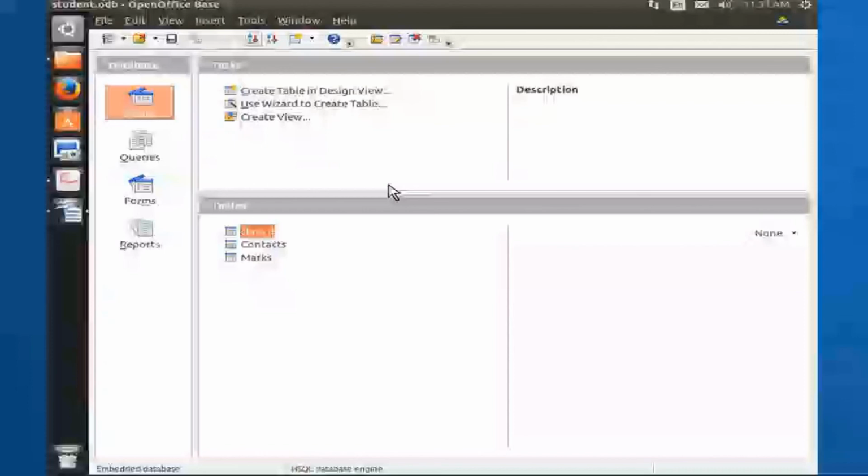Click inside the first field of the blank row and enter the field value. Select the second field by clicking it or by pressing the Tab key and enter its value for the same record. Continue in the same way to complete the record information in the row. Add more records as needed in the blank rows. Then use the File and Close option to close the table data view.